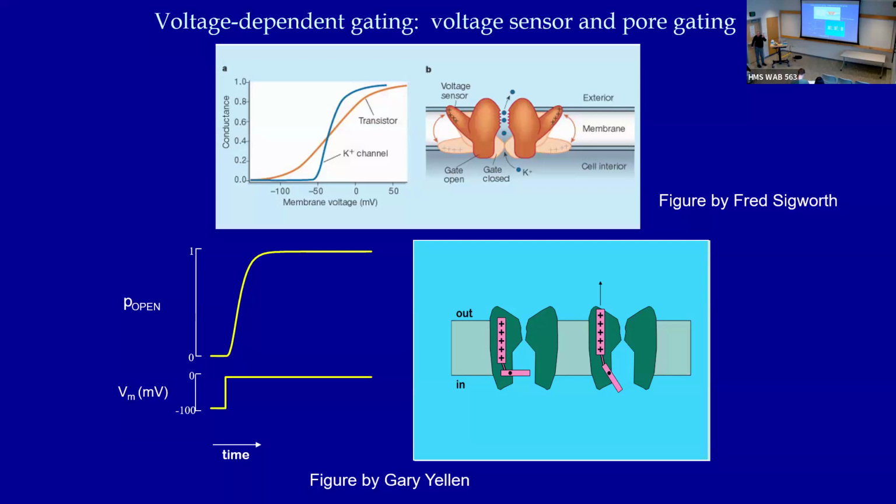With a transistor, the way it works is you put a controlling voltage across it, and that induces a huge conductance change, a huge resistance change across the transistor. And in fact, I like this figure by Fred Sigworth from the early days of looking at how voltage-dependent channels work, comparing the voltage sensitivity of a typical transistor with a typical ion channel. And you can see just how incredibly sensitive to voltage the gating of the channel is. It's just 10 or 20 millivolts that it takes to go from almost completely closed, almost completely